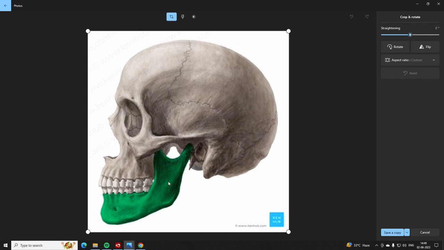So this is the skull where we can see the mandible. This is the mandibular notch, condylar process. This is the coronoid process. This is the anterior border of the mandible. Then the ramus, anterior border of the ramus. And this is your zygomatic. So somewhere here, our pterygopalatine fissure is there, which is formed in between the anterior border of the